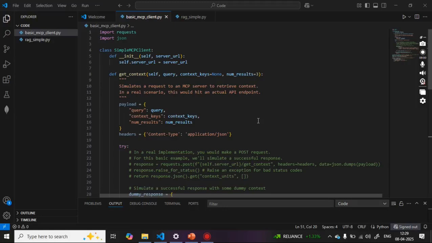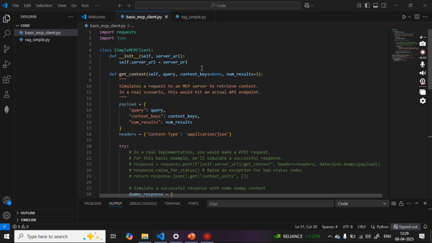Discussed earlier, we have severe limitations of a simple context handling, and you might at this point in time be wondering as to what a real MCP interaction looks like. We don't have a full-fledged MCP server running yet. We will get to that, but in this introductory part, let me show you how a basic MCP